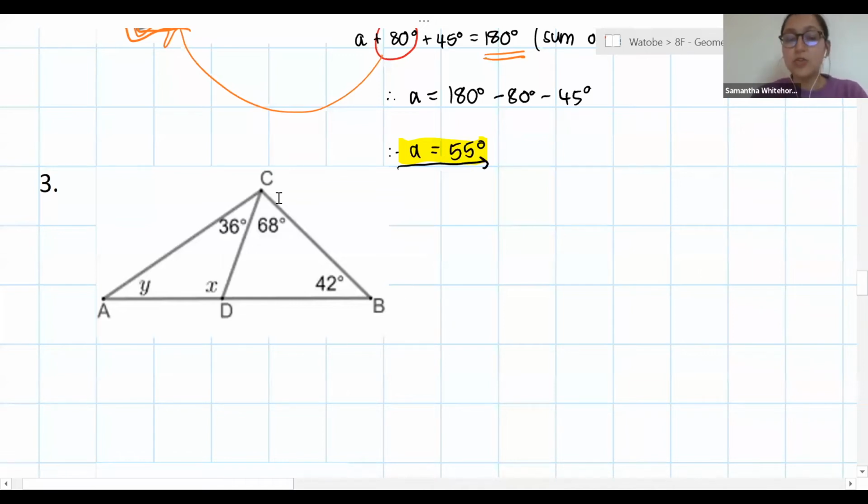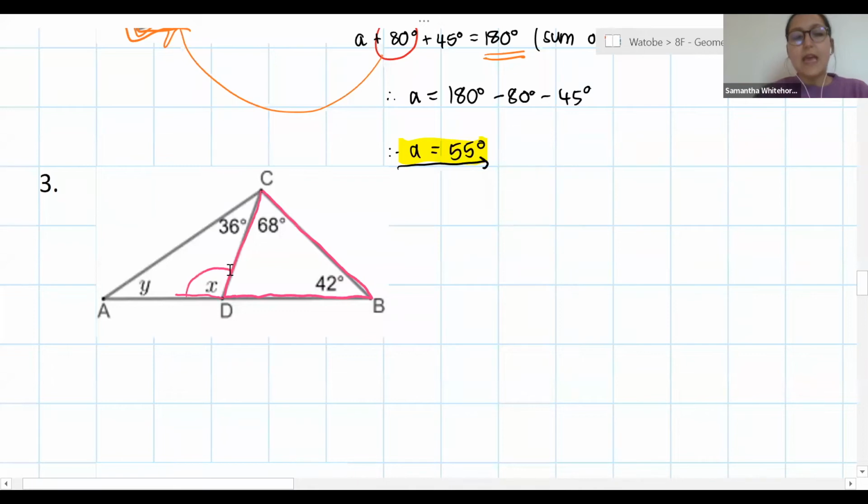Okay, now you can start with X or Y. It's really up to you. I'm going to start with X just because X comes first, but you can really start with either one. So to find X, I'm going to work in this triangle CDB, so that pink triangle that I've highlighted for ourselves there. Now, the reason I'm saying that is because I can see that X is actually an exterior angle to that